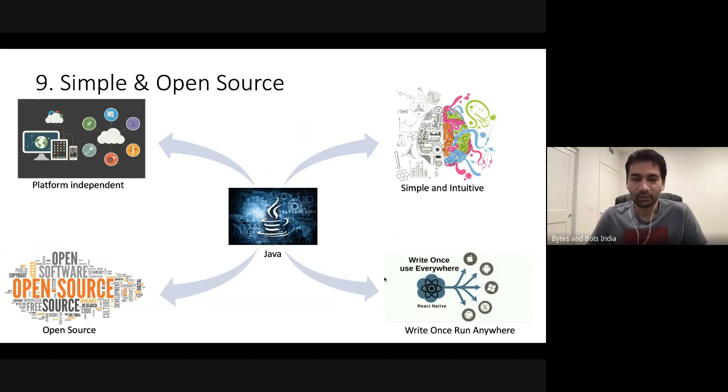You can download the source code and you can see how things are written within Java, which is a great source of learning. And not only that, when you write a program and if something is not working the way you want it, then you can look at the source code of it and figure out what is going on. Whereas a lot of programming languages are closed source, so you have to just use it. You can't go and change it.